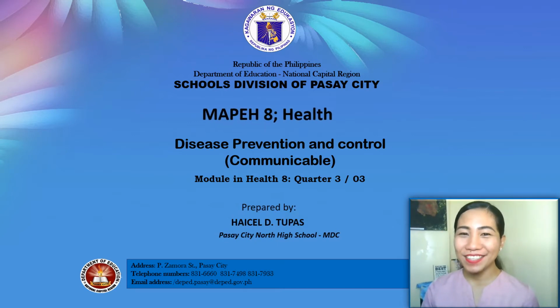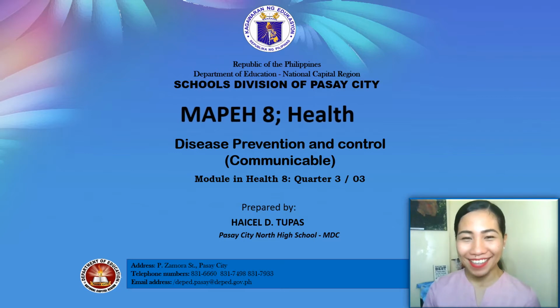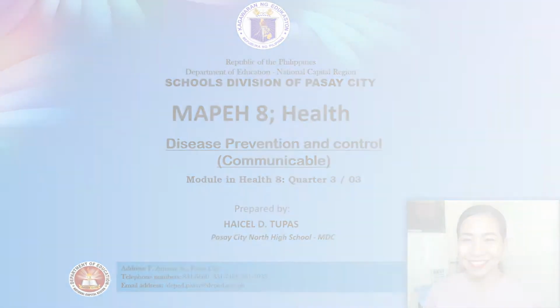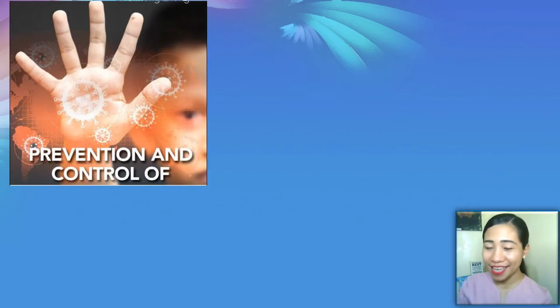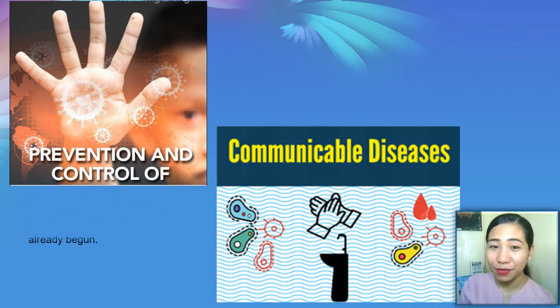Today, let us have our lesson in MAPEH Health with a topic titled Disease Prevention and Control, Communicable. In our module in Health, Quarter 3. Are you ready? That's very good. So let's get started. When we say prevention and control, it is the deterring of the development of the disease